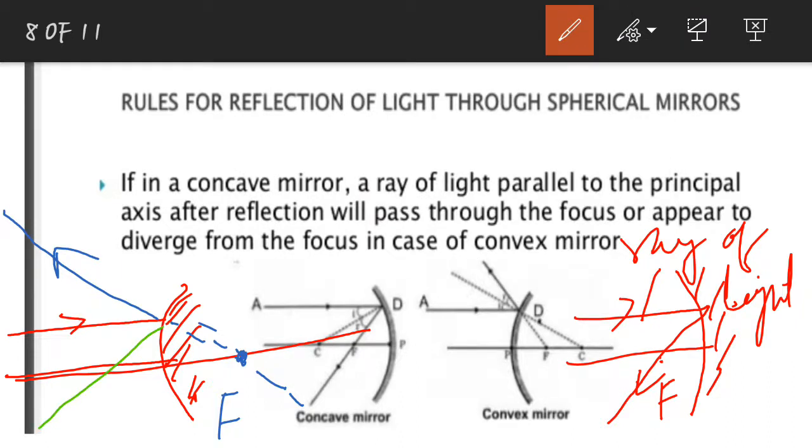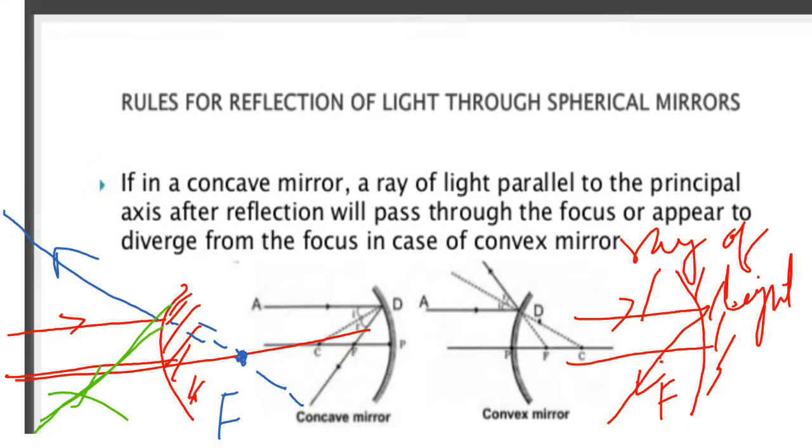It will not come like this line. This is wrong. Clear? It will go straight, because it is going for a diverge reflection. Clear? Understood? Then we will be going for the second rule. Second rule is, in the second rule we are going to see that if